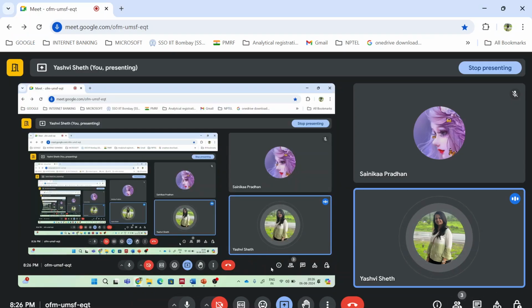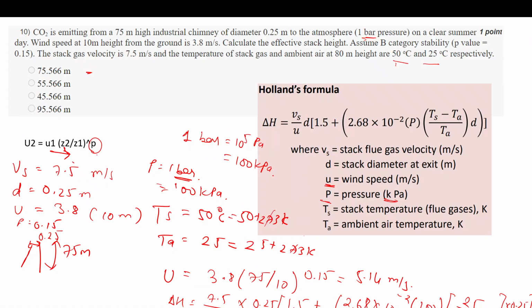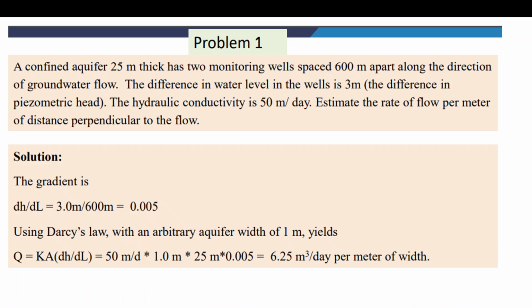I hope it is clear now. So that's it for the assignment part. Now, if you want, we can have a brief look into the numericals which are solved by the professor